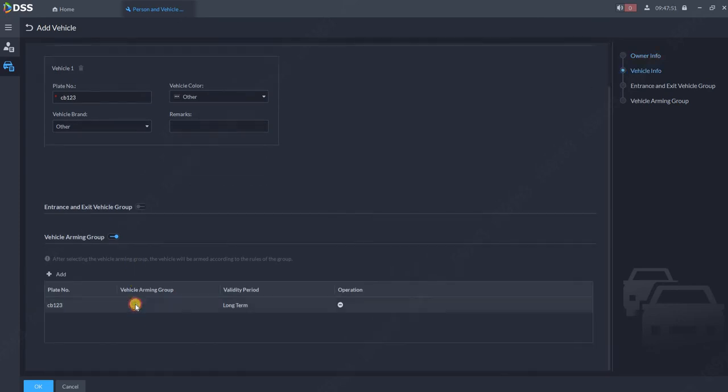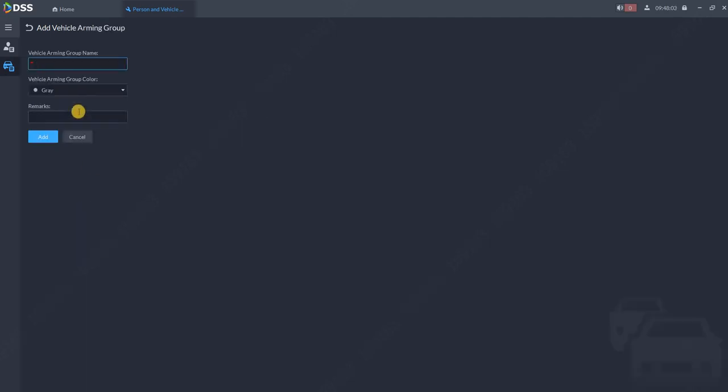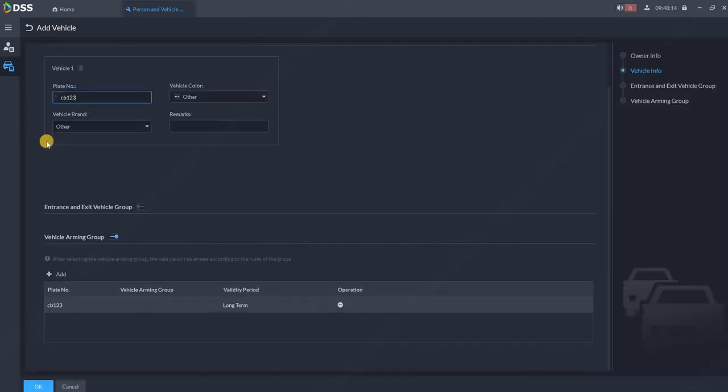And now choose the arming group. You can choose the one which is already created or create your own. So we will now create a new vehicle arming group. For example, webinar. You can choose a color for that group. For example, red, and click on add. Now select this group, webinar group, or it can be thief group, whatever,